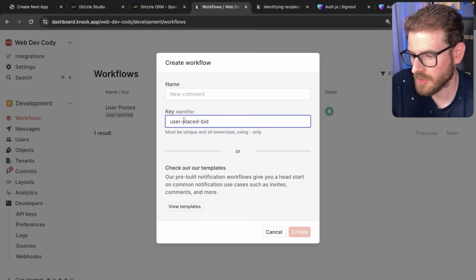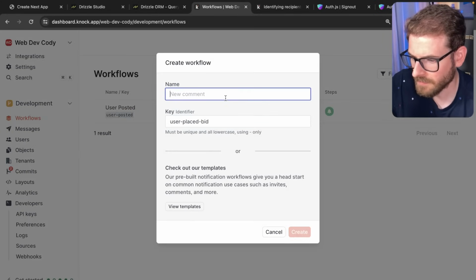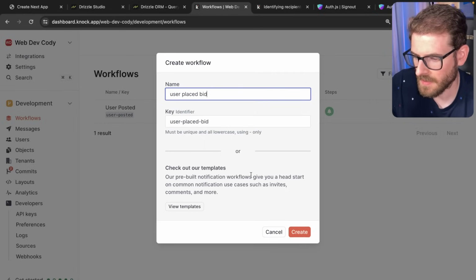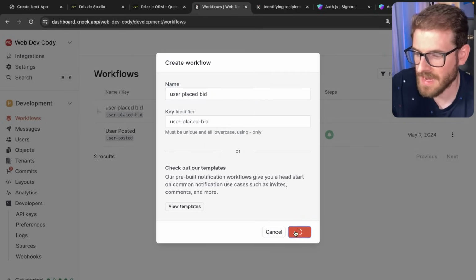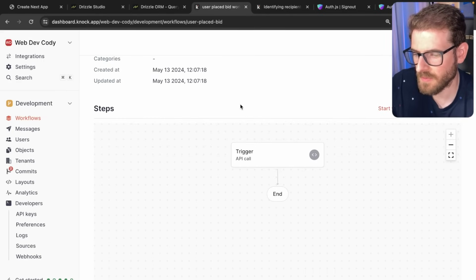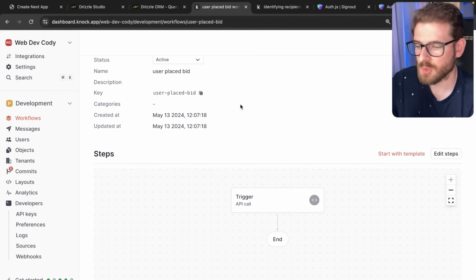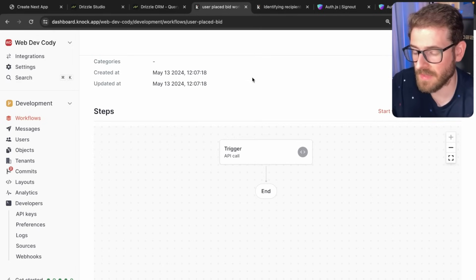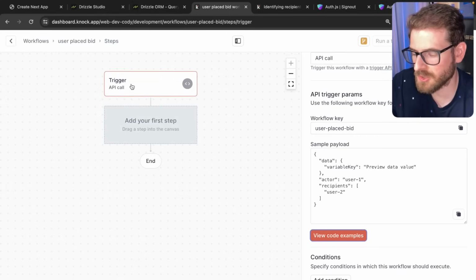I'm going to call this user place bid. And then I'll say the user placed bid. And then we're going to go ahead and just click create. And so once we're here, what we can do is basically from our Node app, we can trigger this workflow and we can define Knock to do different things. So for example, if I click on this trigger,